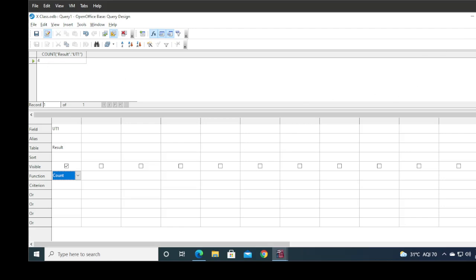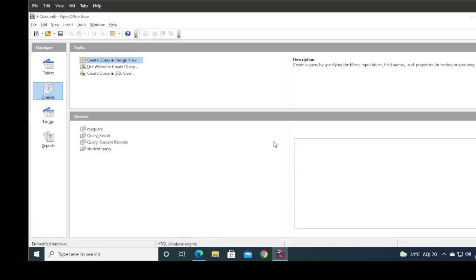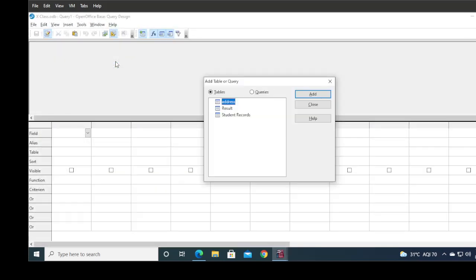Fine, beta. After that, your next point is grouping. So how do you group it? Here we have no field for grouping, so we choose another table. First you can click on the query from here, and then click on the design view, and after that you can choose the student record. You need to select the student record table from here. You can choose any table, but I am selecting student record because there are multiple records in my student record table only. So click on add.